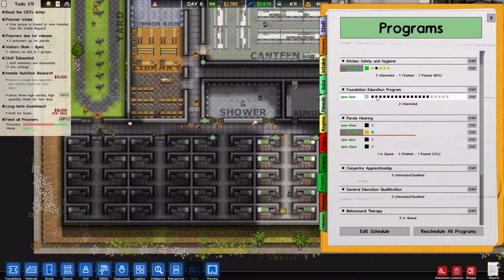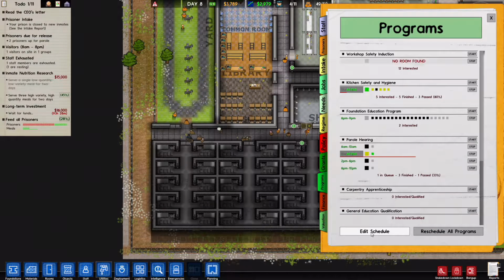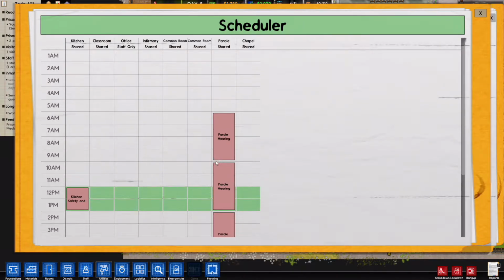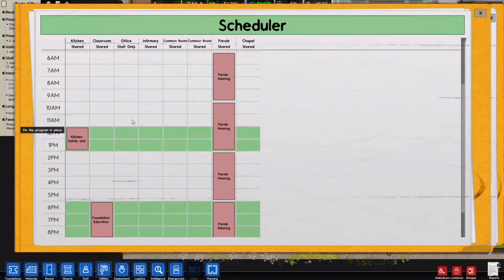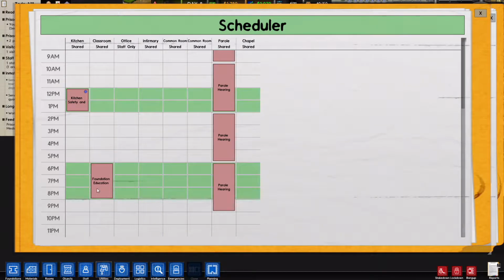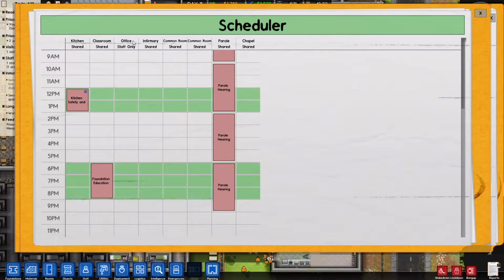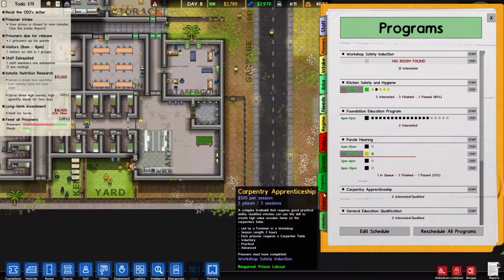Sweet. Awesome. So right now, what time is it? It's 12:10. Alright, so if we go to our spreadsheet, we have parole hearings, we have foundation education, which requires a 3-hour block. So right now we are somewhere in here. They're doing kitchen safety and health, I think it is. No, I'm not gonna move that. So yes, that needs the classroom, and we might as well also get started on the...